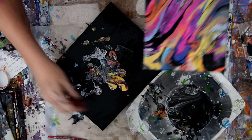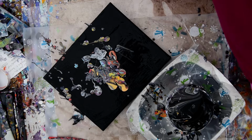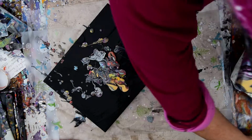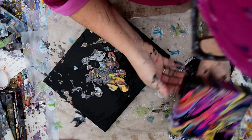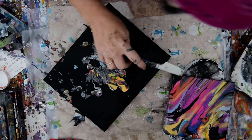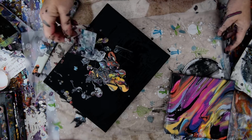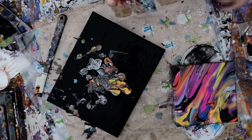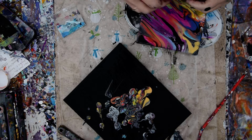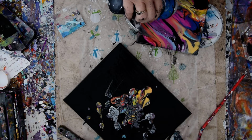Alright, so I've got too many things in my way, too much stuff going on all at once. I think I can handle it though. I've got more paint coming down. I'm gonna put this down right over here. Grab that paint, put it right down on there, and grab a little swipe card because I'm not super impressed with what I've got over here. It's pretty, for sure. I'm going to grab a little tiny swipe card, and then I'm going to make sure that the paint that I'm using